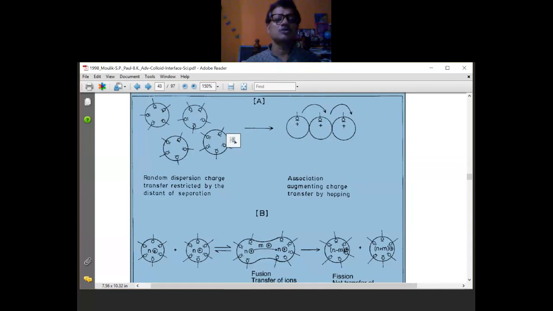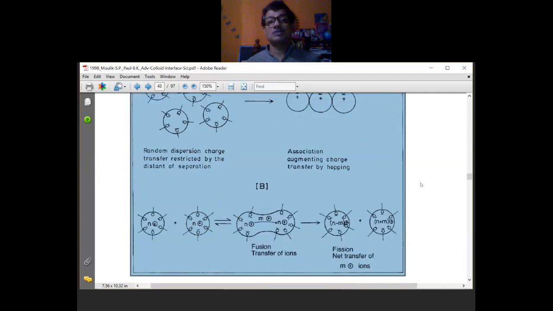The same phenomenon occurs over here. The percolation of electrical conductance in water in oil microemulsion comprising ionic species occurs either through the hopping mechanism, or through the mechanism of fusion, mass transfer and fission. These are the proposed mechanisms, and definitely there is supportive information, there are proofs behind the proposition. That's why they are accepted.